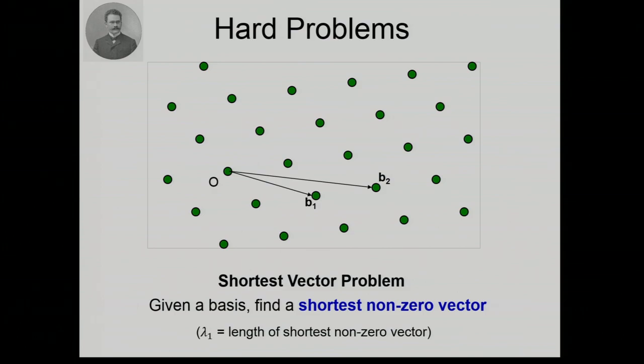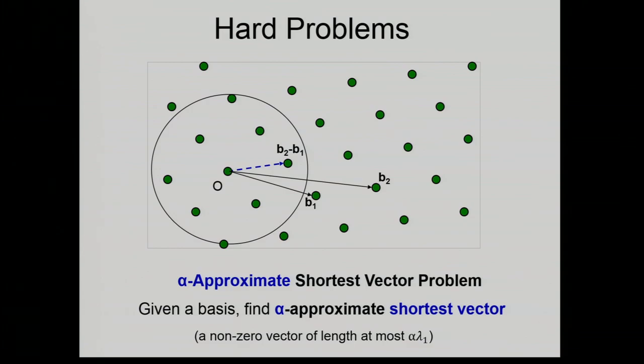By the way, this creature is actually well defined. There is a notion of shortest vector because this is a discrete set. Otherwise, in R, what is the shortest, right? So it is well defined. Can you find it? That's the question. This is believed to be a very, very hard question. Lots of people have worked on it. This is sort of the source of cryptography. In this example, you draw a ball around the origin, expand it till you hit a lattice point. That is the shortest vector, clearly.